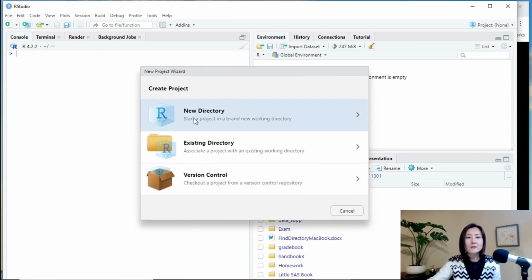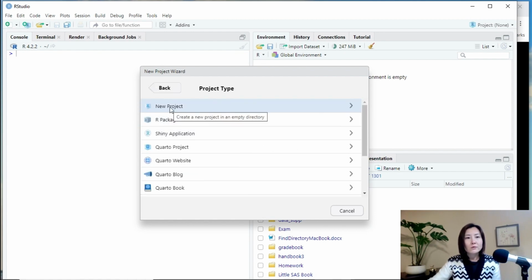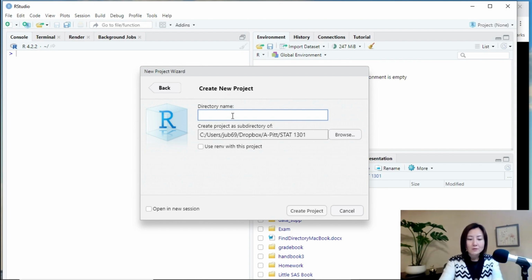You can choose to create a new directory or existing directory, or even a version control repository. So now let's choose to create a new directory, and we will create a new project. So click this one, and then give a directory name or project name. For example, I want to create a project that contains all of the examples in Stat 1301. So I just call it Stat 1301